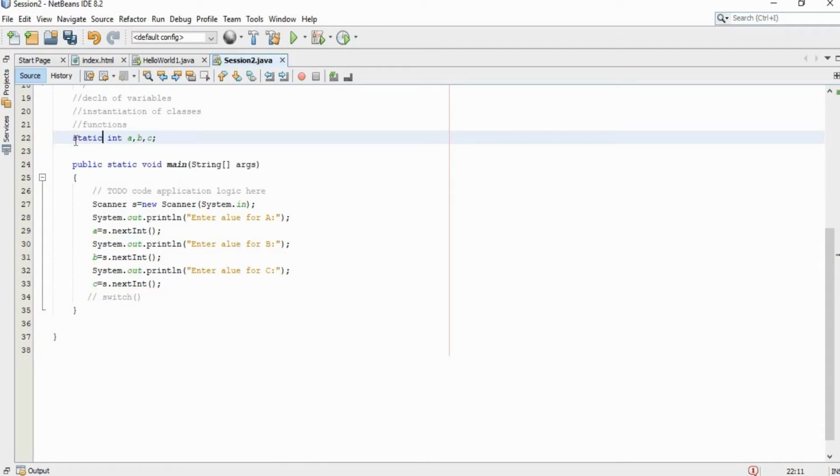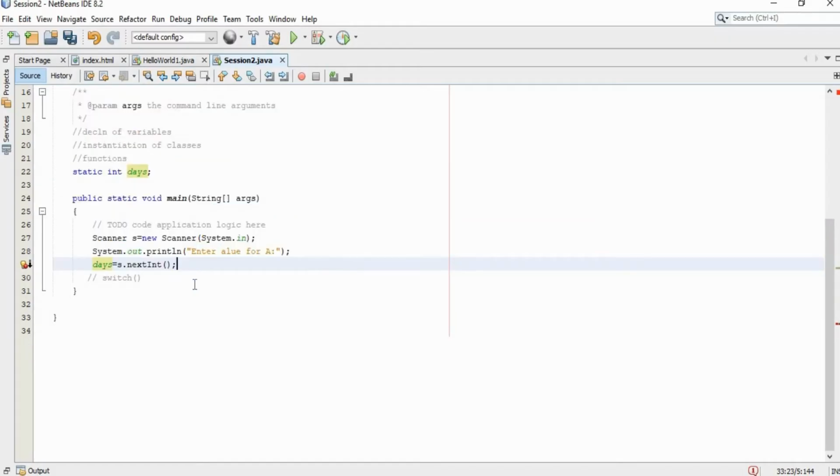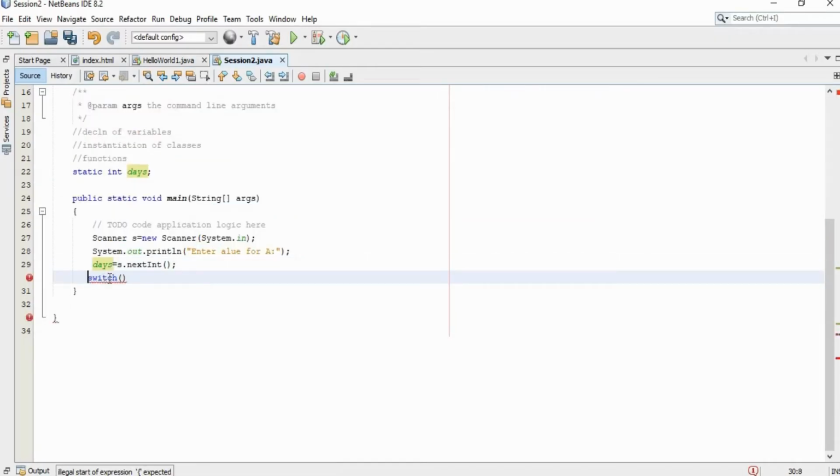So let's move on to creating switch case. For switch case, the scenario I am going to use is printing a day based on the input value given by the user, right? For that, we can read only a single number from the user, and based on that number we can predict whether the day is Sunday or Monday or any other day, right?